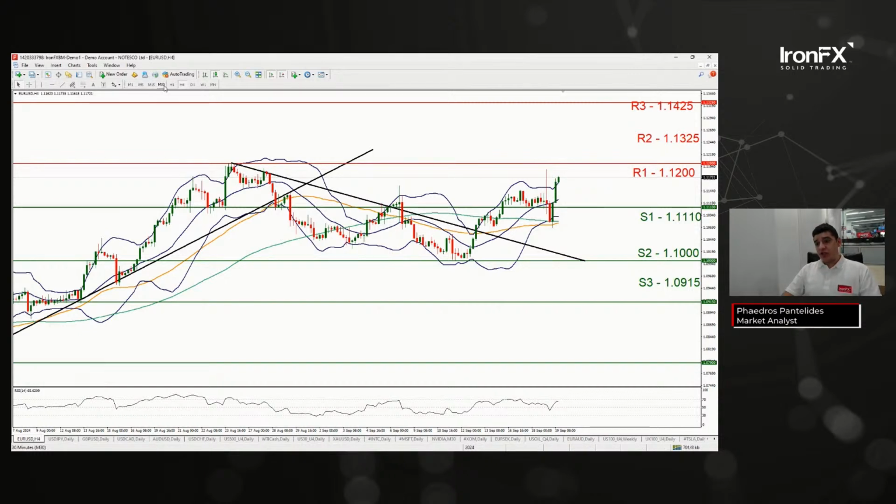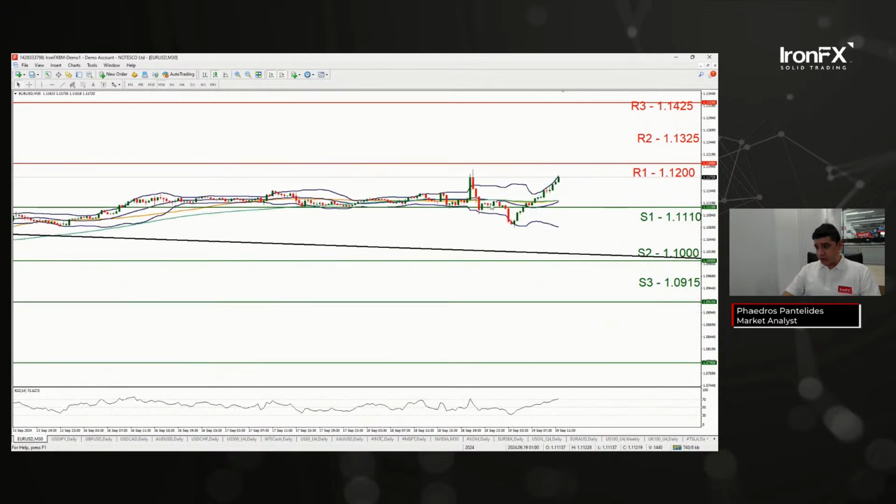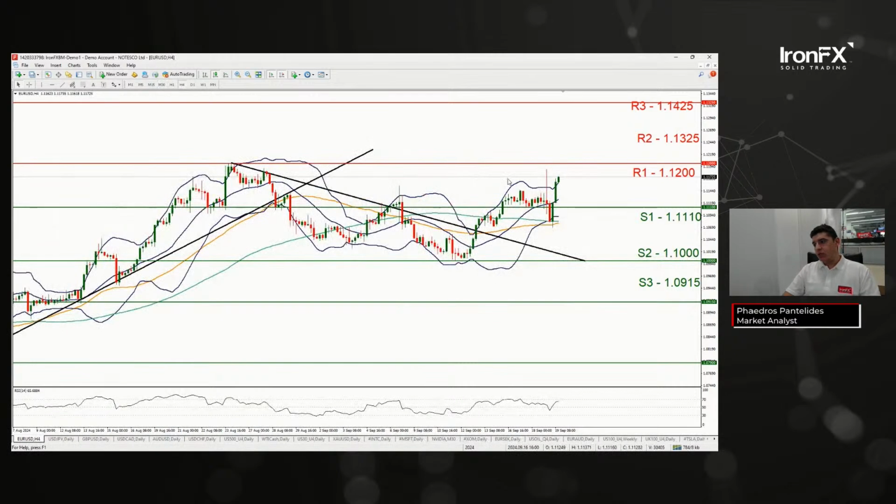Then Fed Chair Powell's press conference began. So this is the 30-minute, and if I'm not mistaken, this was the release of the Fed's interest rate decision, and then this was Fed Chair Powell's press conference statement, upon which you can see that the euro moved in a downwards trajectory. So these are the 30-minute candles: decision, then the press conference by Powell. Powell in his press conference was more hawkish than we had expected, but it did make sense.